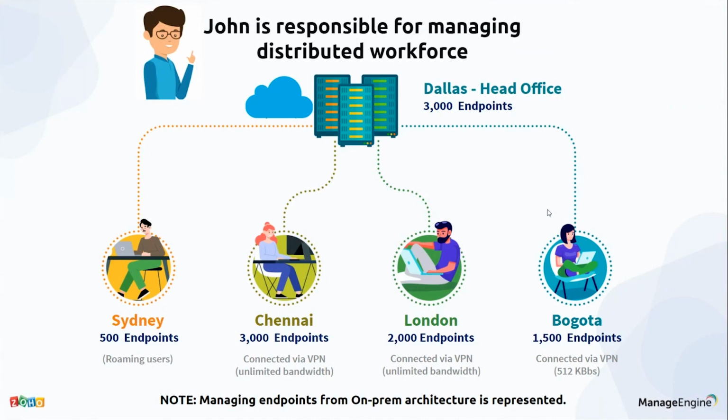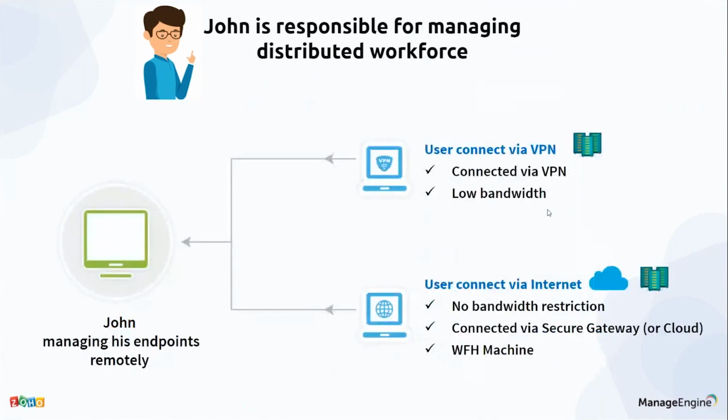John is one of our loyal customers who is managing a chain of hotels in multiple locations and managing 10,000 computers in his network, which are spread across the globe. As we can see from the picture, each remote office comes with its own requirements, in terms of number of endpoints managed, bandwidth, and the mode of connectivity. So the IT team now has to figure out ways to test the newly released patches, deploy them periodically, and also monitor all the endpoints. So let's take a look at how John can handle both the situations with the features available in Desktop Central.